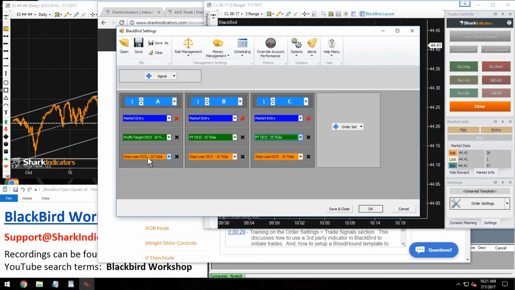So with BlackBird, you'll definitely get more precise backtesting than you would with Raven, if you're using multiple profit targets and more advanced stop loss trailing,